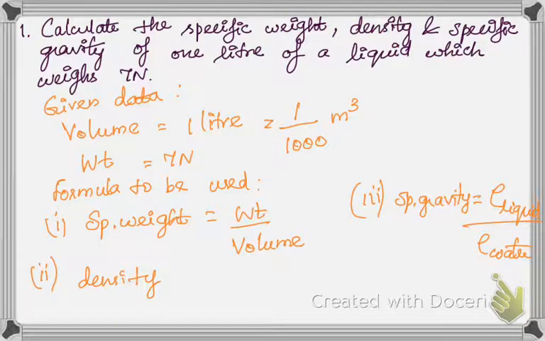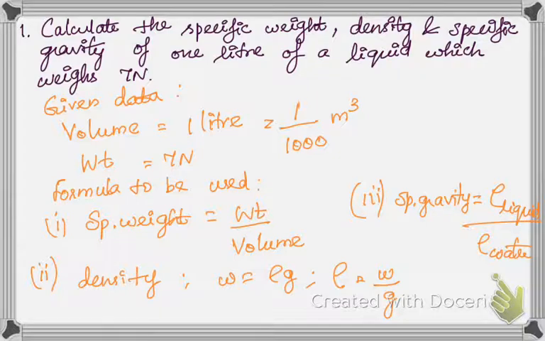Now coming back to the density. Generally we know that density is equal to mass by volume. But in the problem, no data for volume has been given. So what other formula do we have to use? We have to think: specific weight is there. Just recall another formula, that specific weight W is equal to rho G. So from here we can determine the density of the liquid, that is, density is equal to W by G. This is how we have to derive the formula. If the data is not given, you have to check what other data given in the problem can be used to work out the problem.